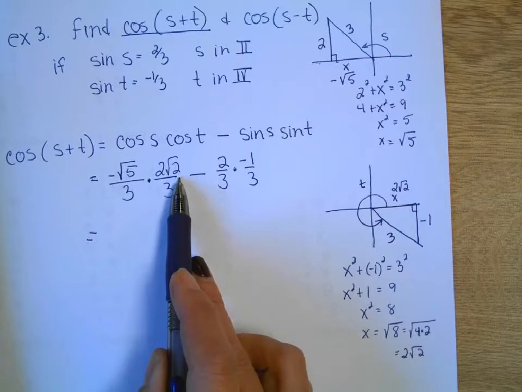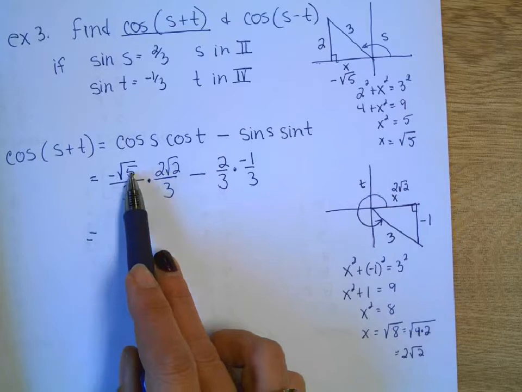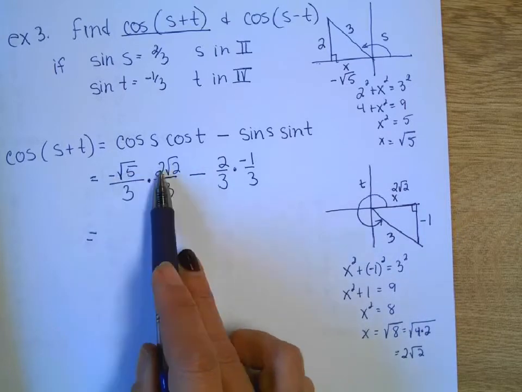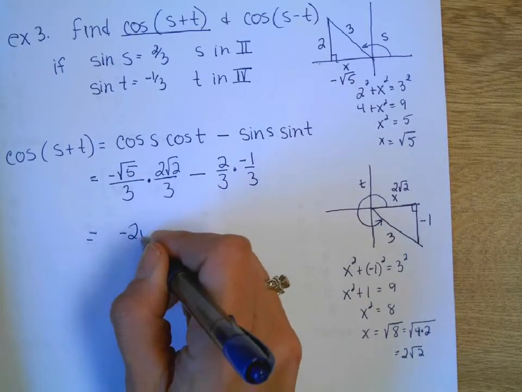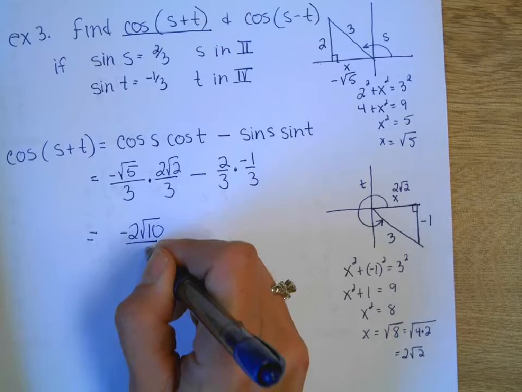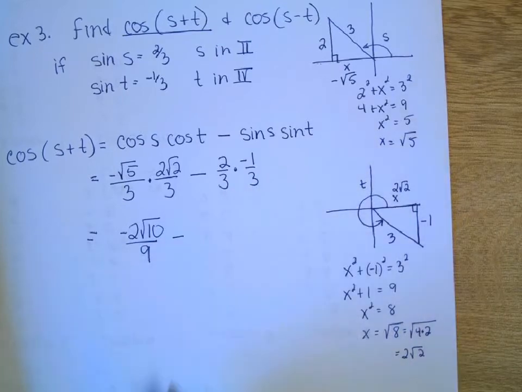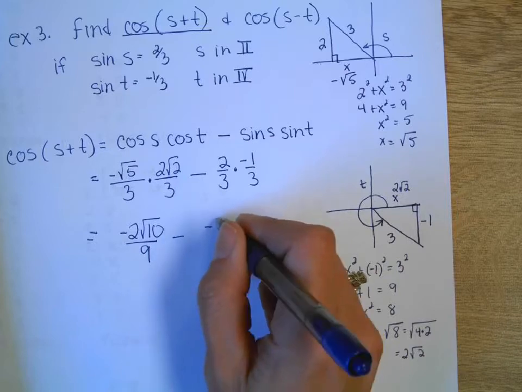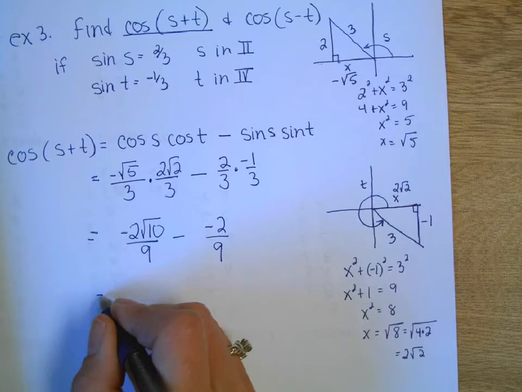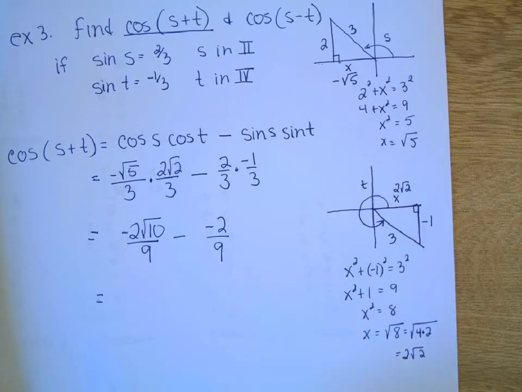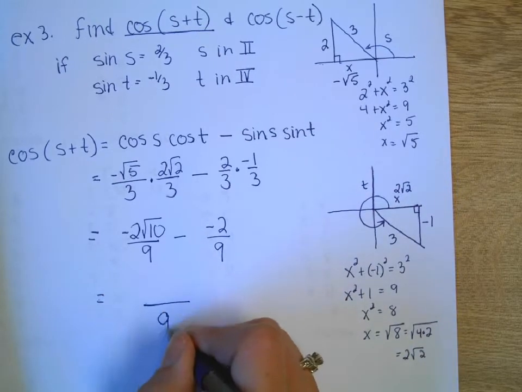Something ugly happens. Nope, it's not too bad. The numbers under the square root do multiply. So you will get negative 2 square root of 10 over 9 minus negative 2 over 9. So my final answer as a single fraction